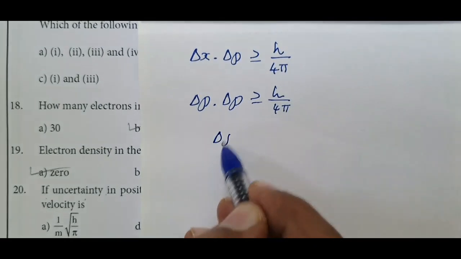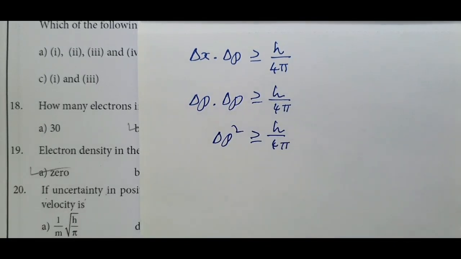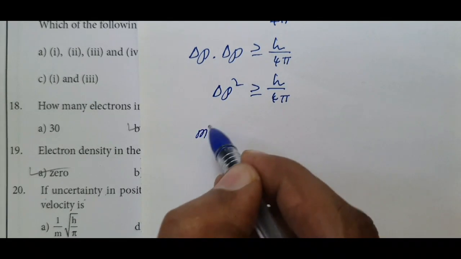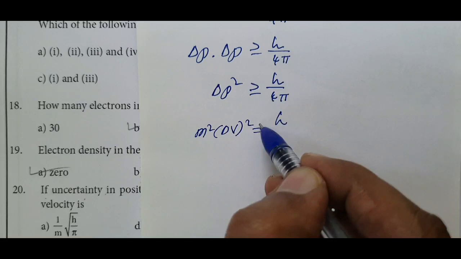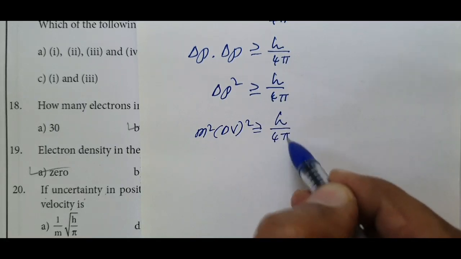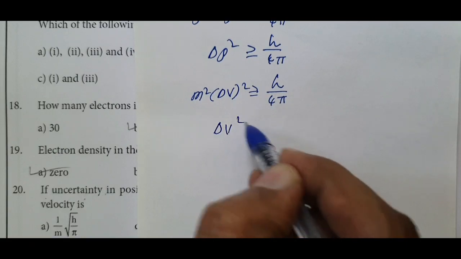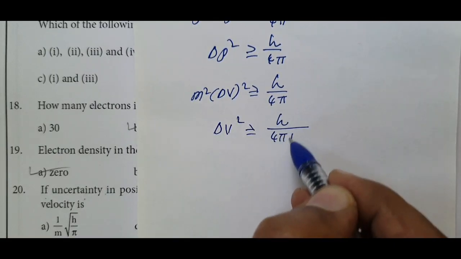Delta p square is greater than or equal to h by 4 pi. Delta p we know is m into delta v, therefore m squared into delta v square is greater than or equal to h by 4 pi, or delta v square is greater than or equal to h divided by 4 pi into m